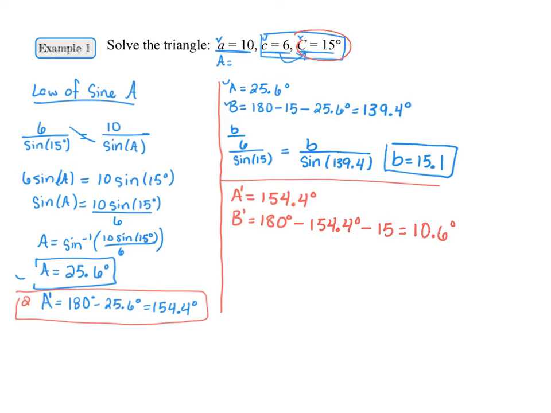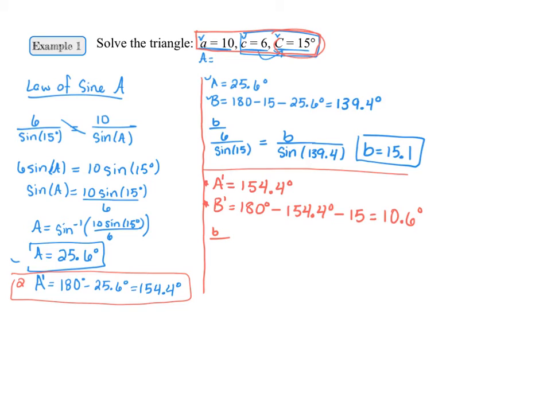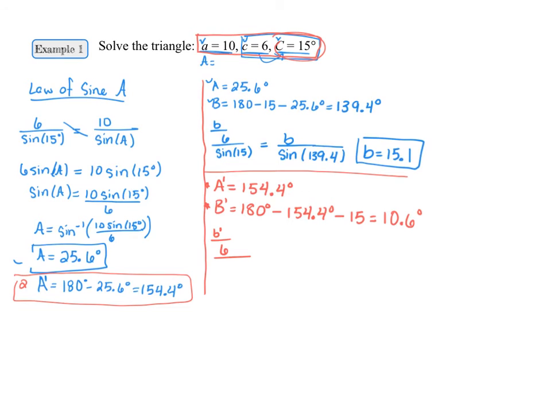So this has all the original given information, but it has none of the new values that I solved in the first triangle for A, B, and side B. So I have a new A, I have a new B, and I'm also going to have a new side B that is going to be based off of this information of this triangle. So again, I'm going to set up another law of sines to find that side B. And I guess I should technically call this side B prime because this is a different answer for side B. And so we're going to keep our original